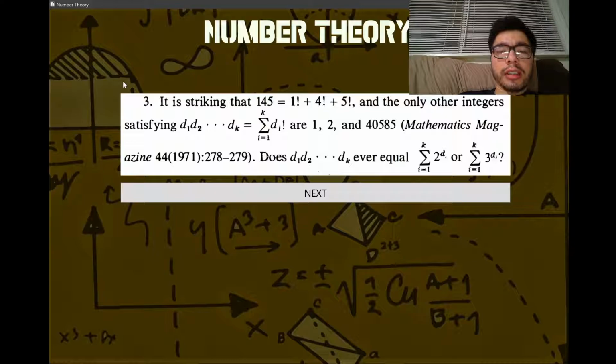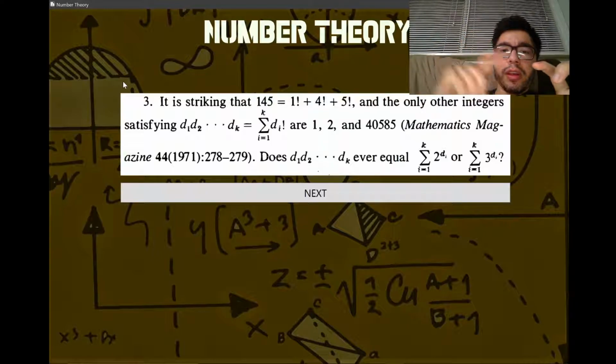And then it's asking the question, does d1 times d2 all the way up to dk ever equal the sum of 2 to the power of d, and depending on the value of k it's going to sum that number. If k is 5, it's going to sum 2 to the